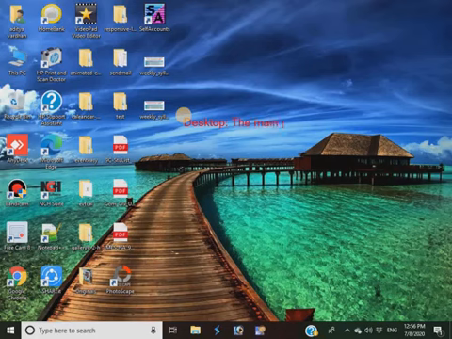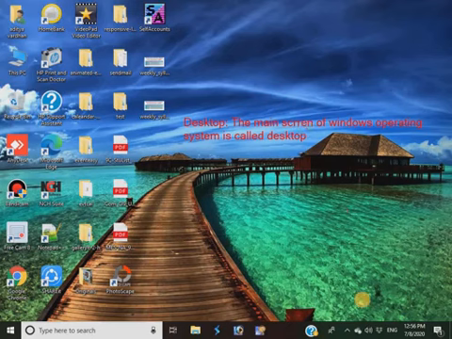The main screen of the Windows operating system is called desktop. So now you know the definition of the desktop. The main screen of the Windows operating system is called desktop. It is the interactive screen.